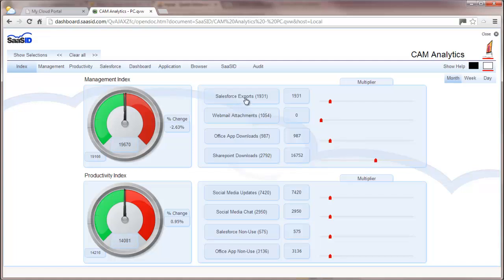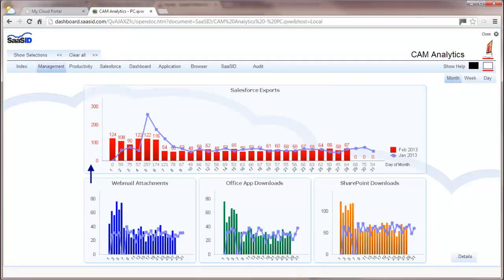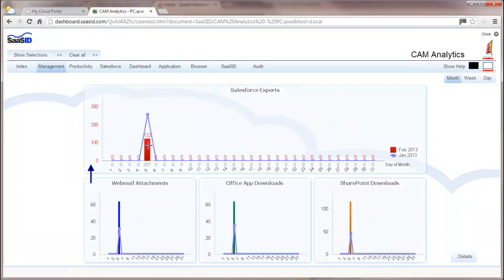If we want to drill down deeper into the information, let's click on Salesforce exports as an example. So here we can see those same pieces of information but represented in a comparative analysis graph. Here we're looking at previous month to this month, and we're looking to understand, as always with analytical analysis, some kind of change in statistics, some kind of change in the order of events. For example, on this day we can see that there were significantly more exports, and we can analyse and click on this to drill into that further. So I've now isolated that data set. If I now move into our Salesforce specific tab,